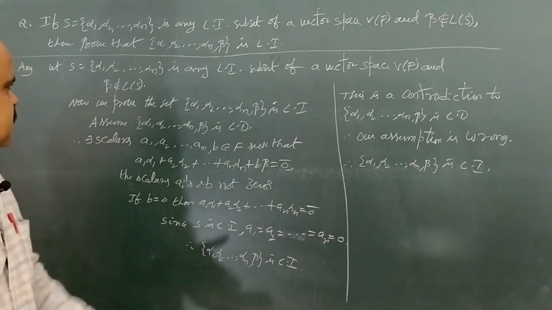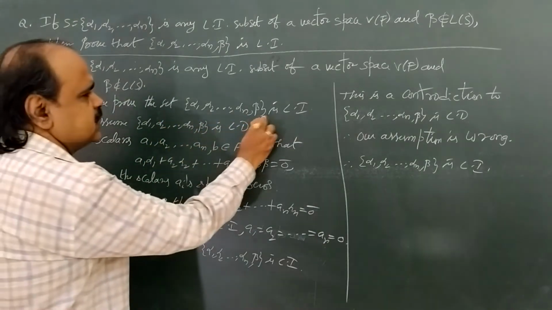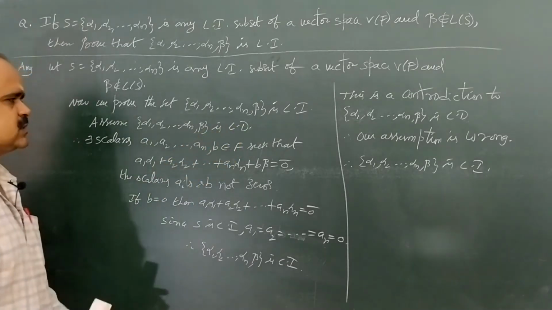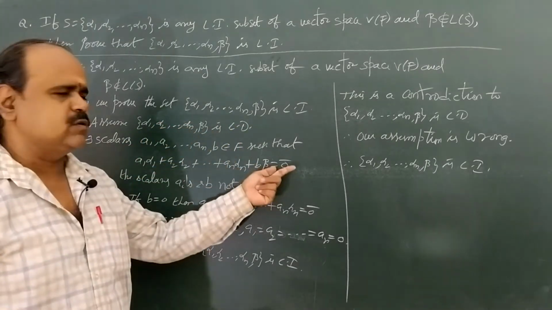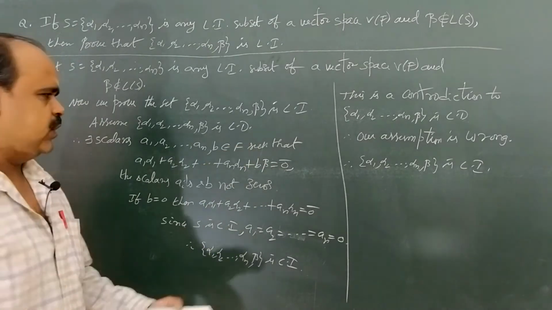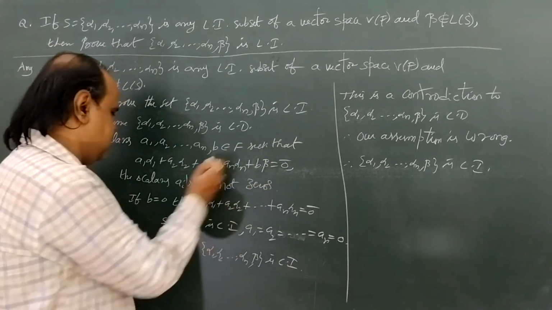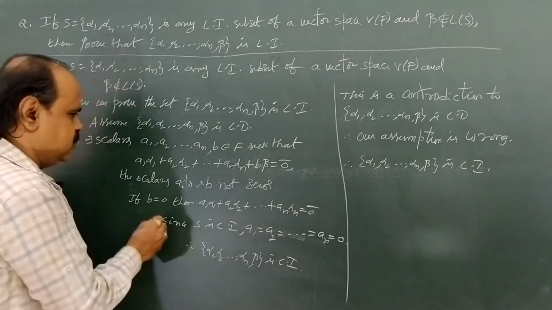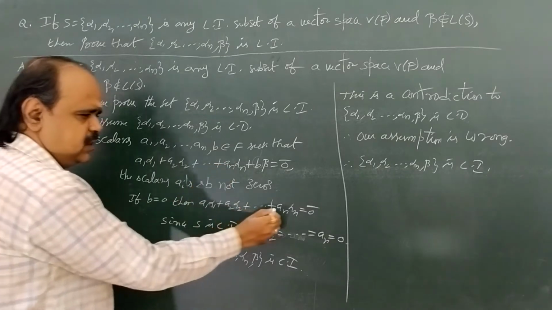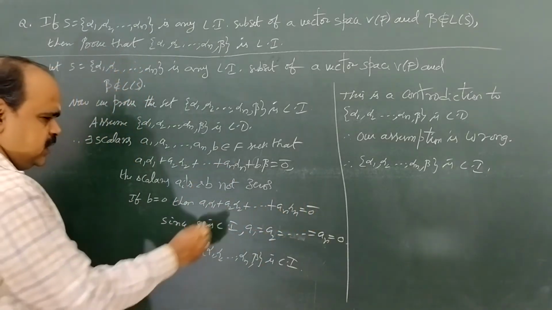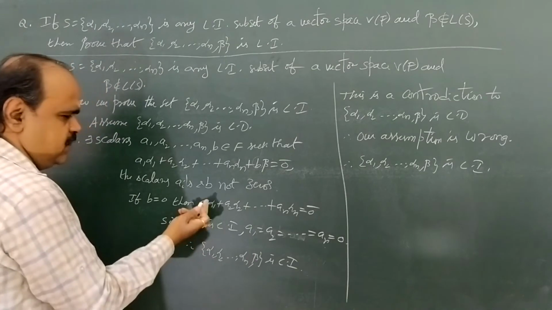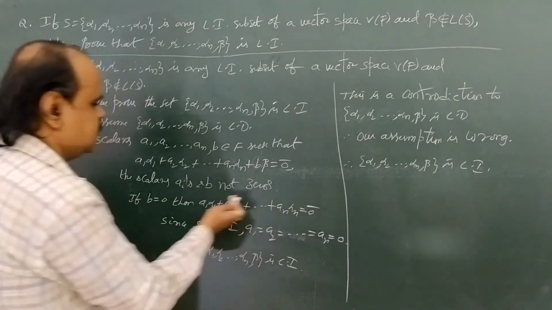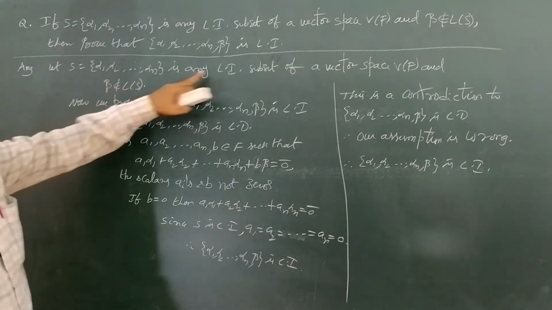So, once again let's see the proof. Suppose this set is Li, we are going to prove it, but take the assumption that the set is LD. That means the linear combination of vectors is 0 but the scalars are non-zero. Suppose B equal to 0, what happens? If B equal to 0, then A1 alpha 1 plus A2 alpha 2 plus and so on plus An alpha n equals 0 bar. Here it is a linear combination of vectors alpha 1, alpha 2 and alpha n that is 0, but alpha 1, alpha 2 and alpha n are elements of capital S. Here capital S is Li.